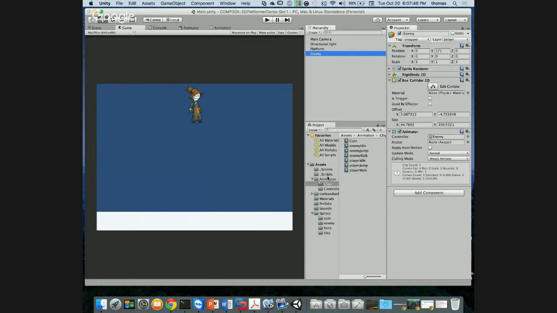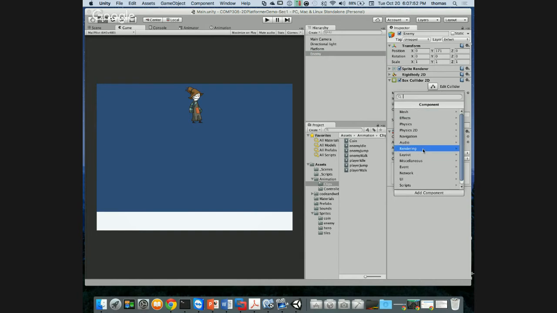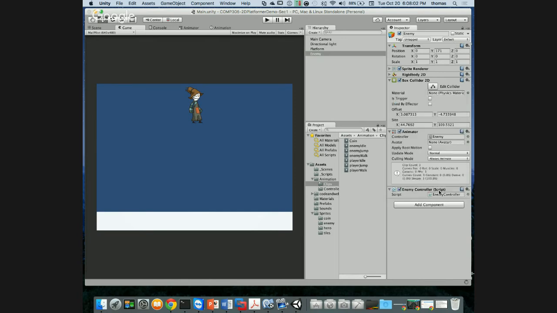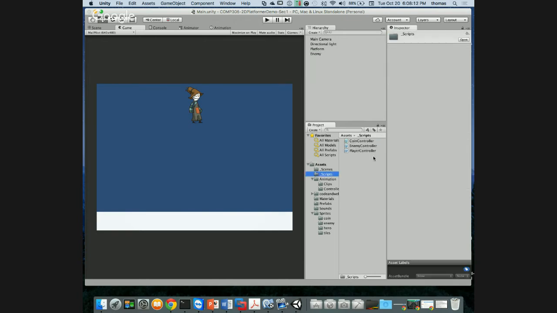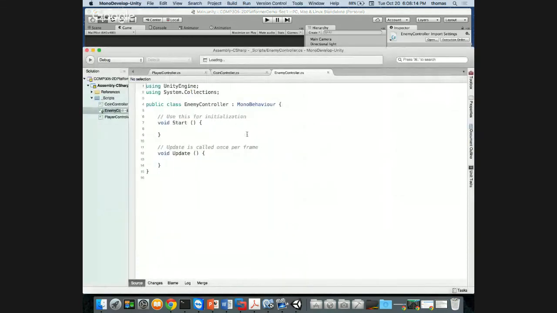So I'm going to add a new script. I'm going to do the traditional way this time by clicking the Add Component button. I'm going to add a new script on the bottom, which I'm going to call Enemy Controller. Less clicks. And it's going to go into my assets in my basic asset area. I want to pull this into scripts. There it is. And in scripts, I want to double click on my enemy controller